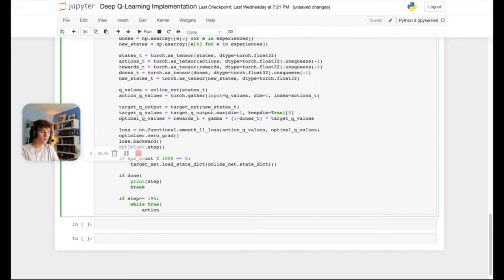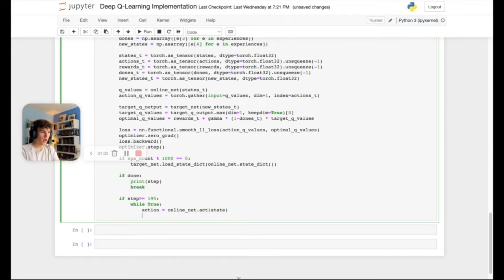And what we're going to do is constantly exploit the environment, and we're going to trust that our agent has learned enough that it will be able to beat the game. So we want to pass it through onlinenet.act, take the state, and at this point, the only thing we need is state and done, because we don't need to do any training with the reward. So we just need state